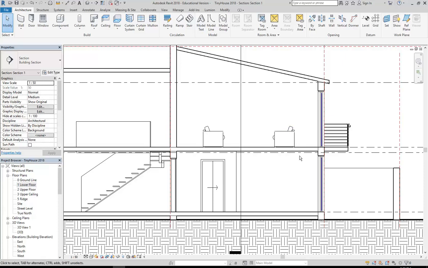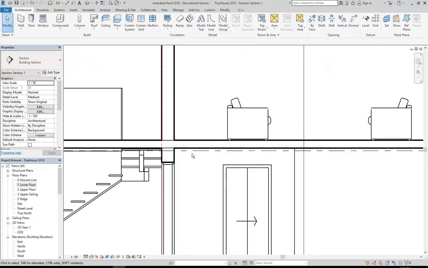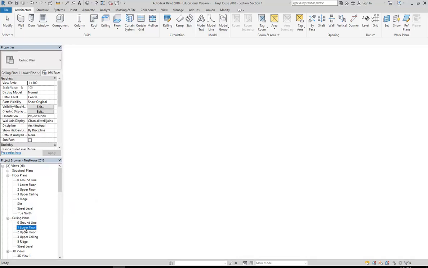So that will be 48 mil with the 38 mil batten and 10 mil lining. So I'm going to round that off to 50, and that should sit exactly on this level. So to make it, I'm going to go now, not to my floor plans, but to ceiling plans. And I'll go to lower floor,